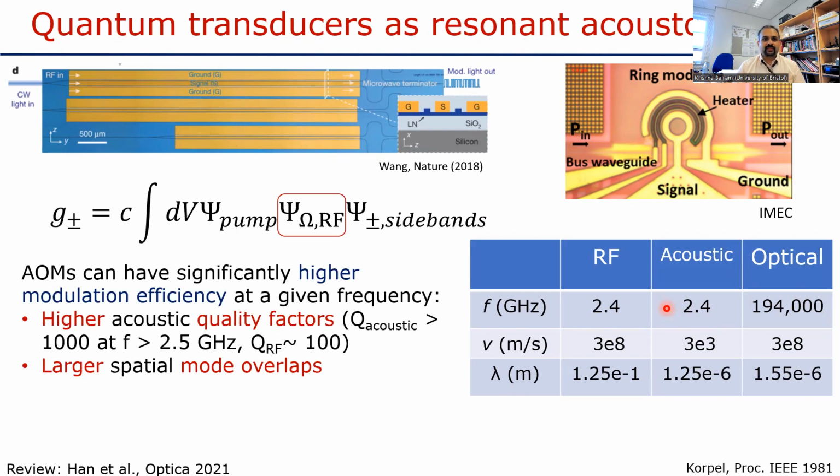And it's also clear from this why acoustics provides a natural solution to this problem, in that instead of engineering a direct interaction with electromagnetic fields, if you take this electromagnetic field and convert it into an acoustic wave, the acoustic wave has a wavelength on the order of microns. And so now you can engineer a much stronger acousto-optic interaction. And that's why acousto-optics has been considered as one of the useful routes to building these quantum transducers.